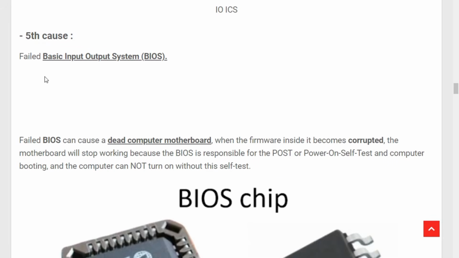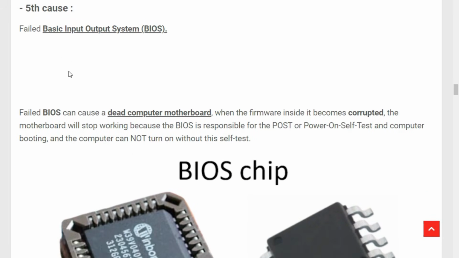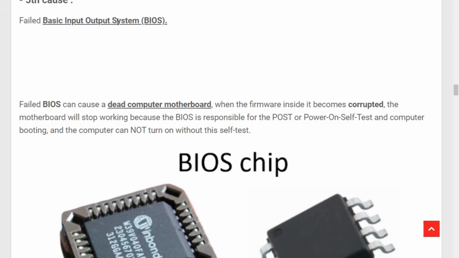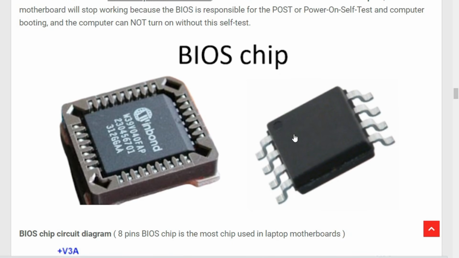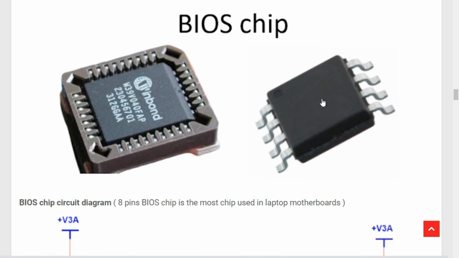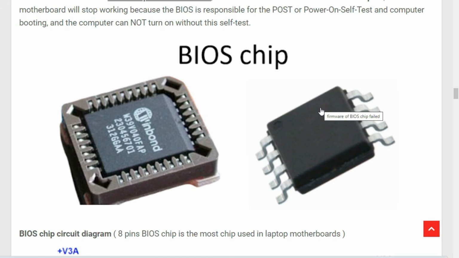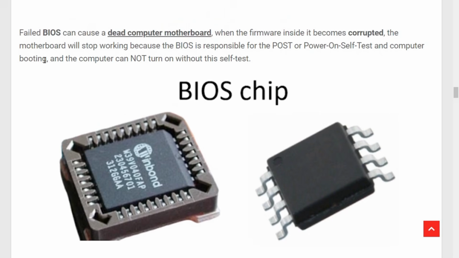Okay, so the fifth cause, failed basic input output system or BIOS. Okay, so a failed BIOS can cause a dead computer motherboard. When the firmware inside it becomes corrupted, the motherboard will stop working. As you can see, the BIOS contains inside it a software, okay, or a firmware. So when that software becomes corrupted, the motherboard